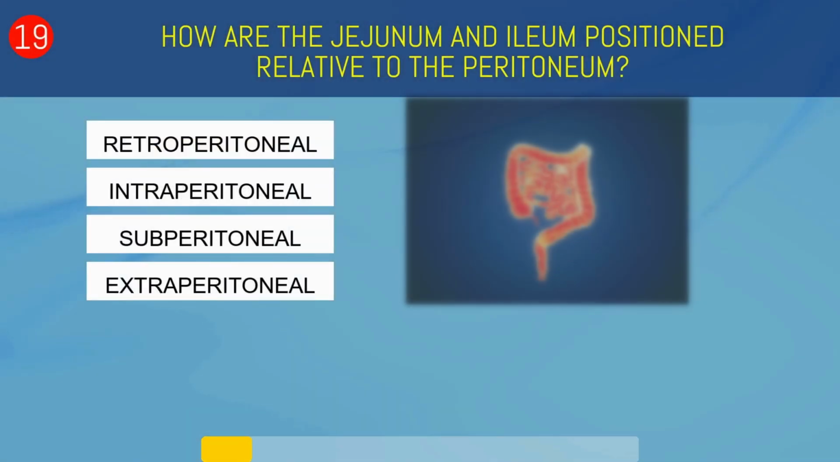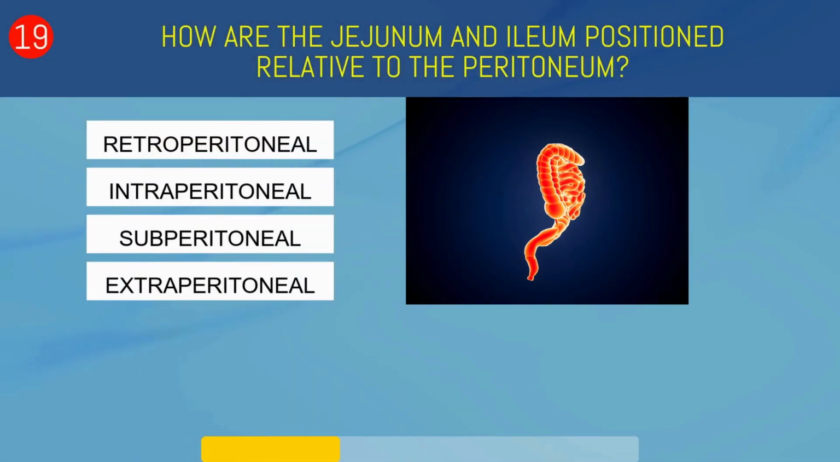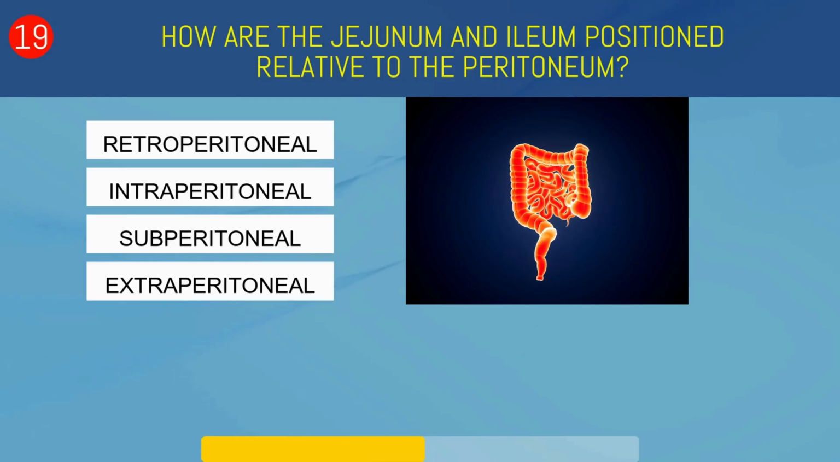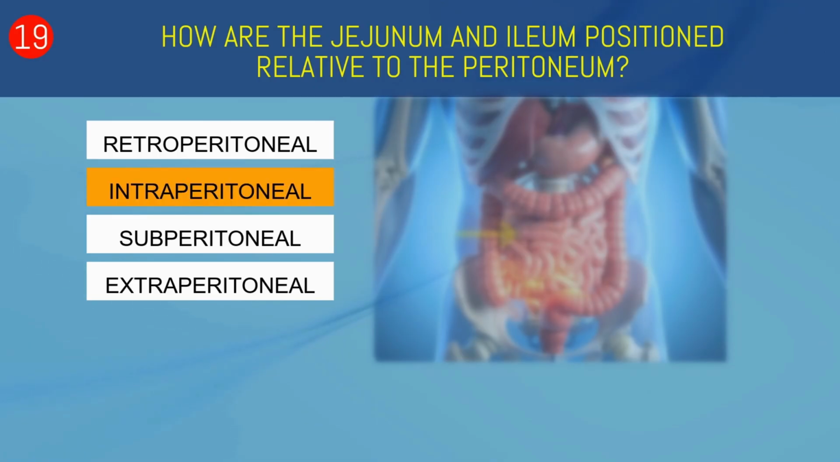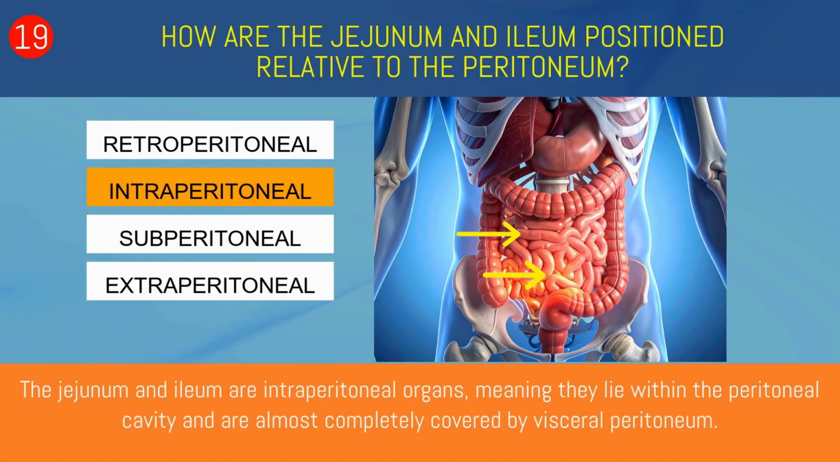How are the jejunum and ileum positioned relative to the peritoneum? Retroperitoneal, intraperitoneal, subperitoneal, or extraperitoneal? Intraperitoneal. The jejunum and ileum are intraperitoneal organs, meaning they lie within the peritoneal cavity and are almost completely covered